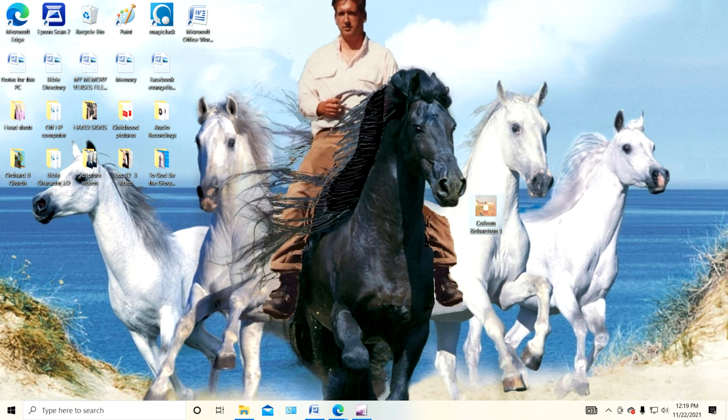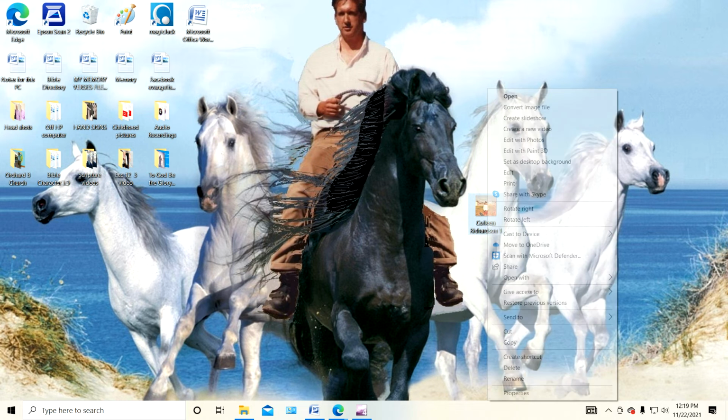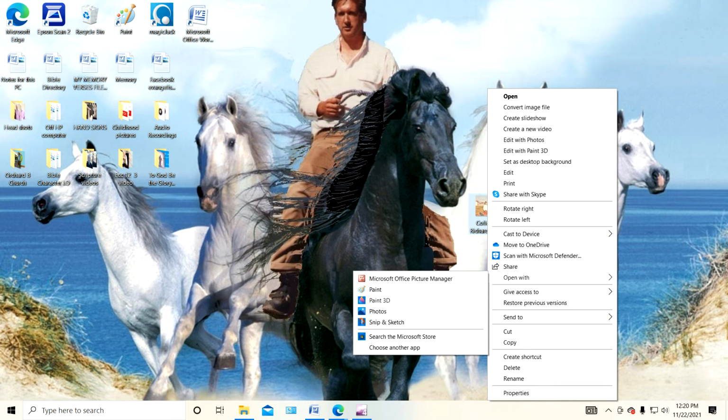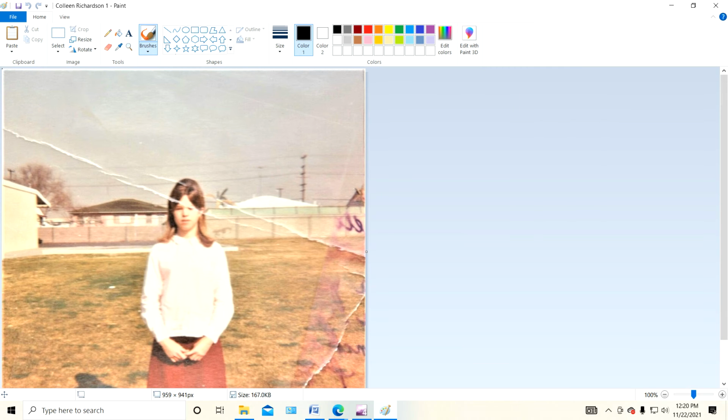Okay, it's been lightened up, and what I want to do is open it up with a different program, which is a common program you probably have on your computer, which is called Paint. I use the old Paint because I'm used to it. There is a new Paint, but anyway. So this brings up this picture here. Okay, we got a problem with all these lines here. What we can do is use the select